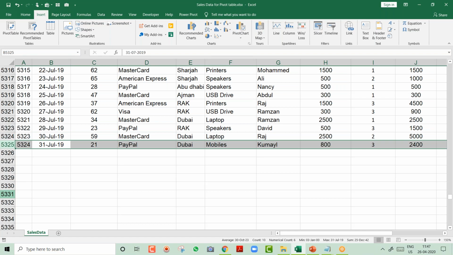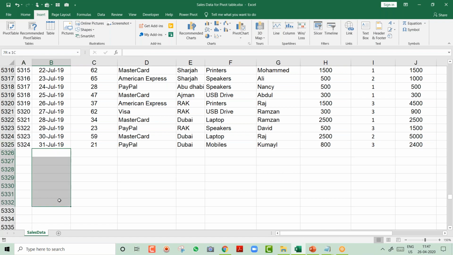So if you convert your data into the table, meaning a dynamic table, which I'm going to show you in the next 2 minutes, then in future, even if you add more data of August, September or 2020 data, you just have to refresh. You don't have to increase the range. This sentence which I am telling you, those who work in pivot will quickly understand. Those who don't work with pivot, it will be a little challenging, friends, for you to understand.